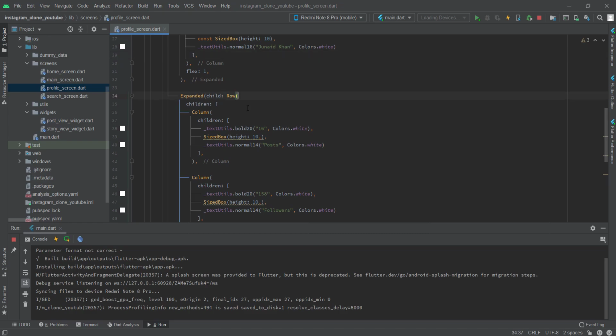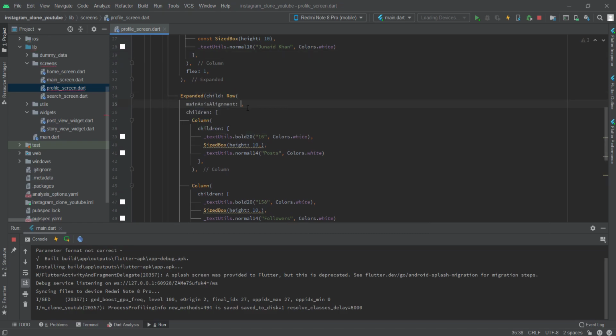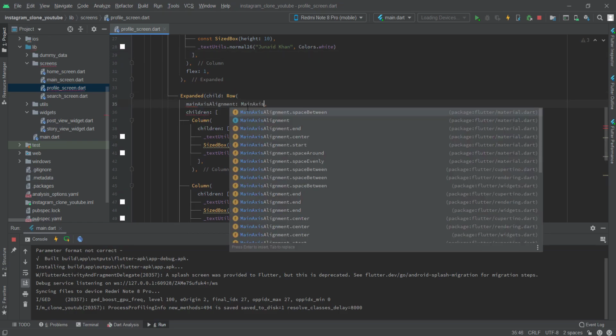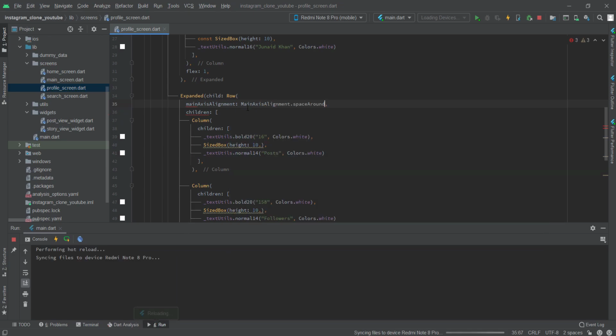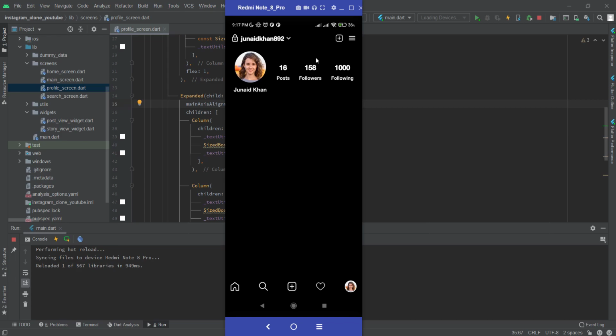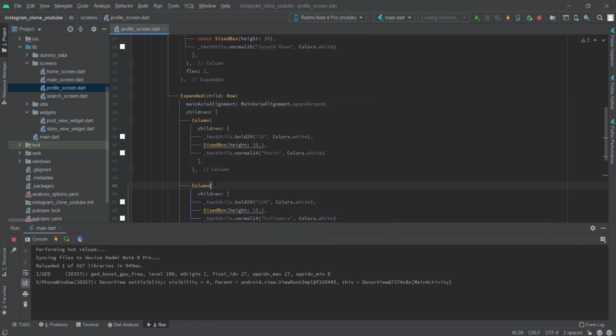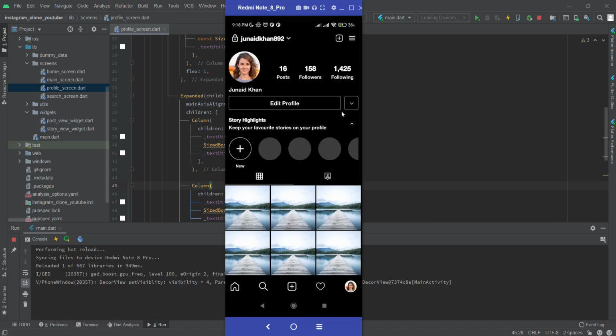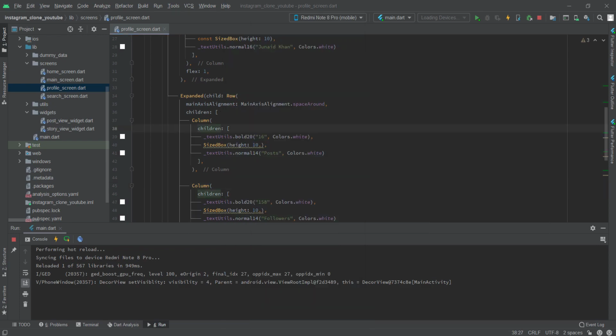So we need to add a main axis alignment, space around, and Control S. So now it's looking like what we want. Okay, so now we need to develop the second part basically. So we need to develop this section now,